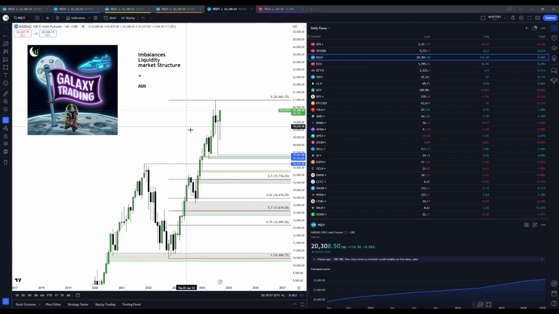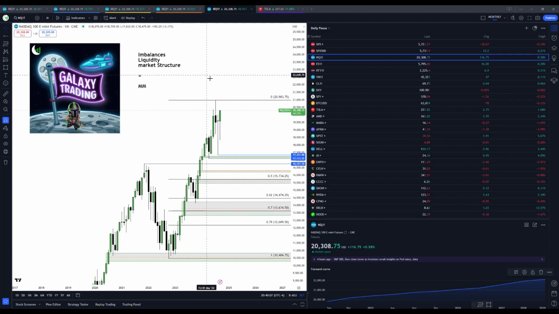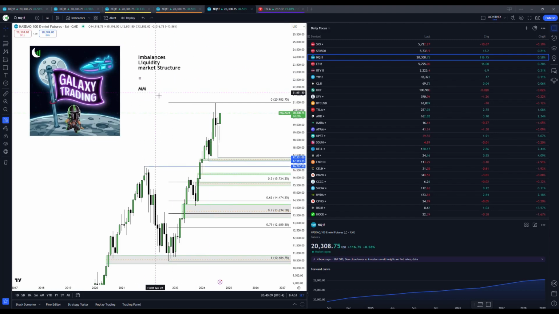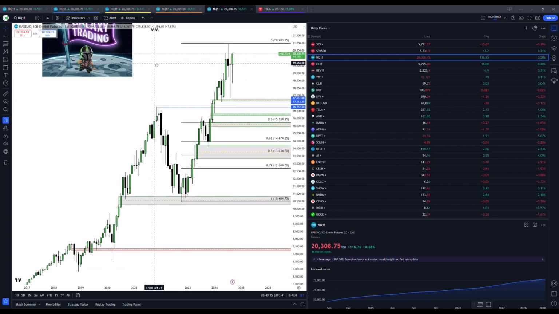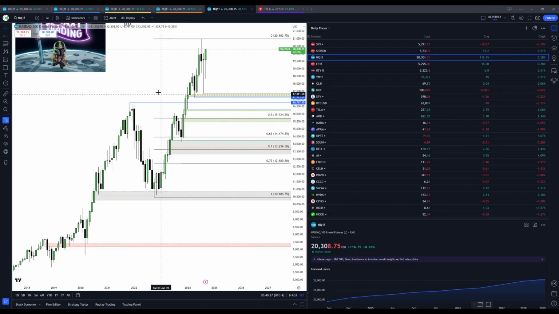So, to build off of those three, first you have to have an understanding, then you see it, and then you can anticipate it. Those are really the 3 steps. And overall, you're going to hear me talk about 3 main concepts that ultimately come together to create my trading model, the Mando model. The first being imbalances, second being liquidity, and third being market structure. All combined, that's where you get the Mando model. Okay. So let's go back in time a little bit and take a look. First off, I'll start with imbalances.